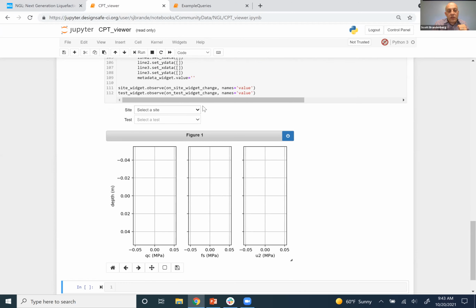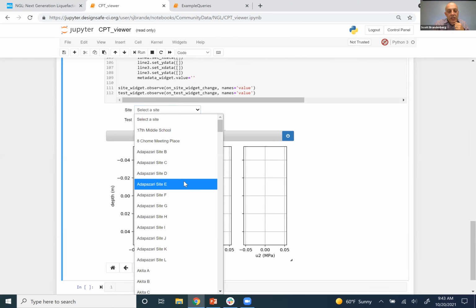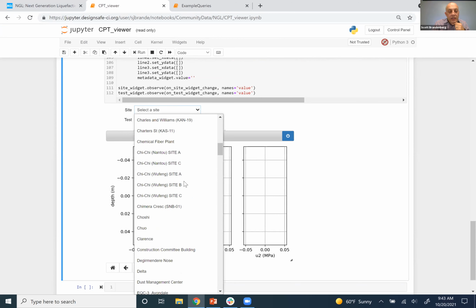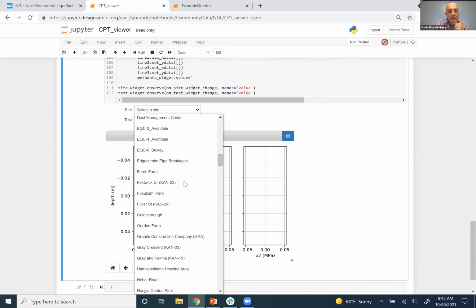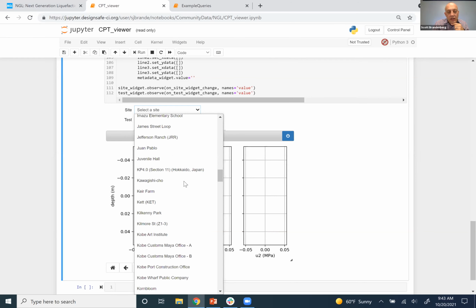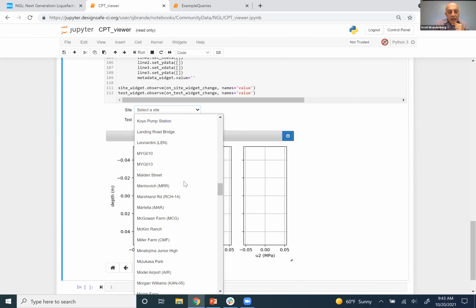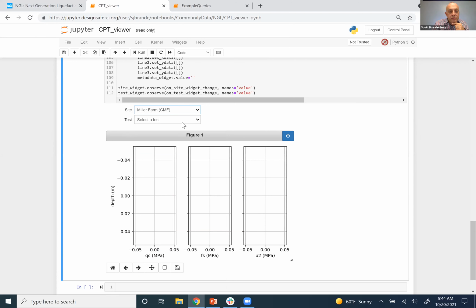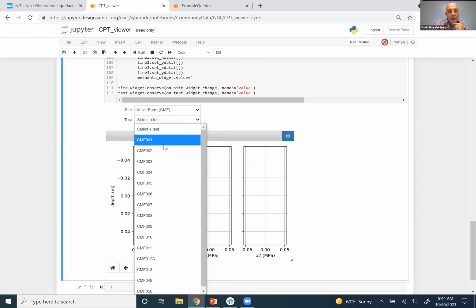So here's a drop-down. This is using the ipywidgets package in Python. So you can come and pick a particular site here. You know, there's a lot of sites that have, I think this is a list of sites that have cone penetration tests. So it's not all of the sites, but we'll pick one like Miller Farm. And then we can pick, you know, Miller Farm has all these different cone tests and these are their names. So we can pick like